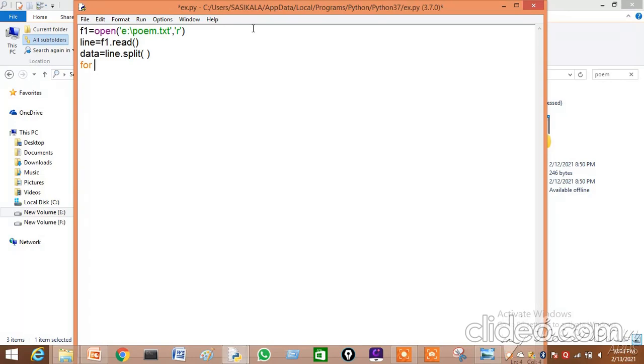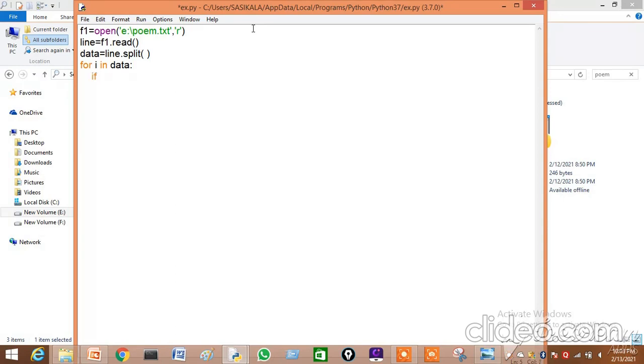For i in data. What does it have to do? I found one word, the first word I got. Then what should I do? I should check whether it is "to" or "the". So for that I am using an if condition.